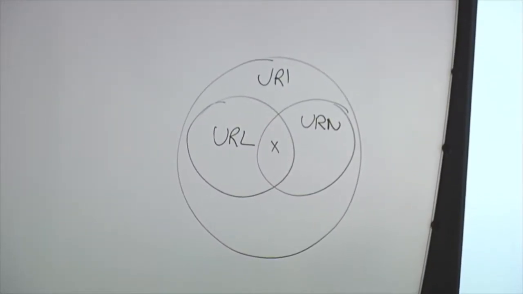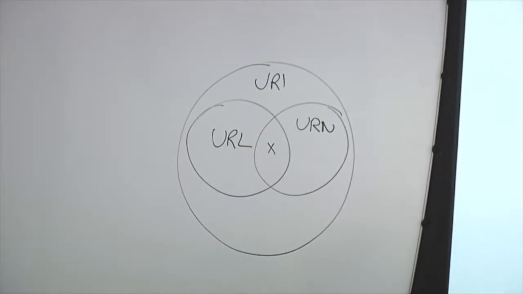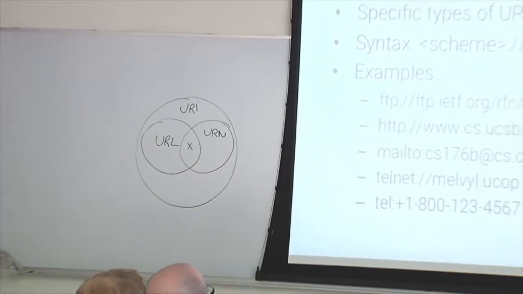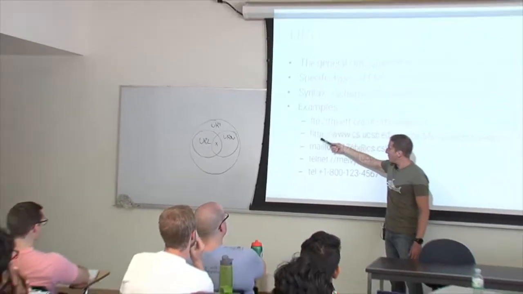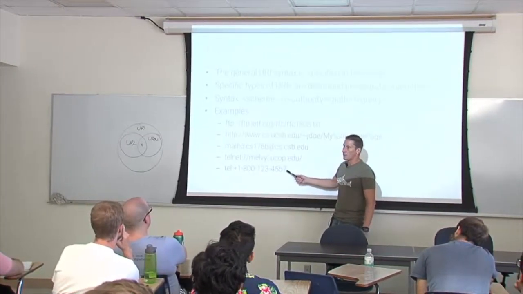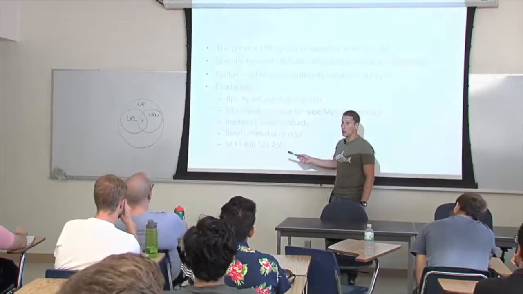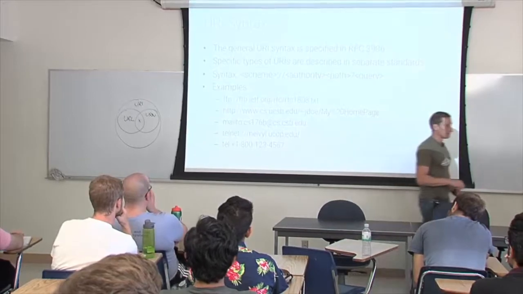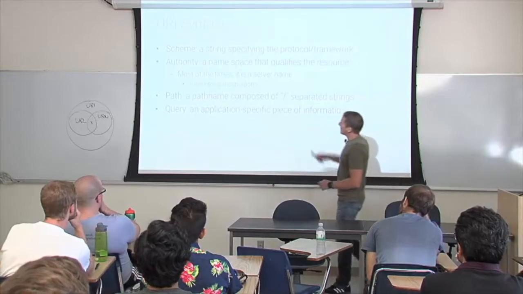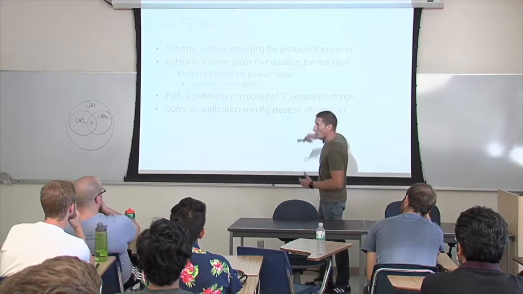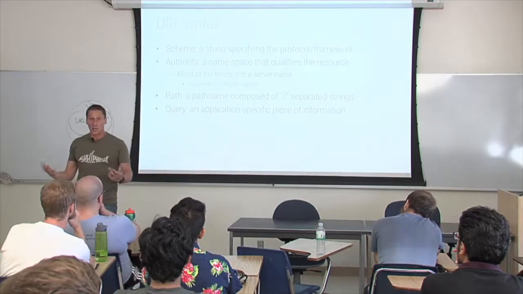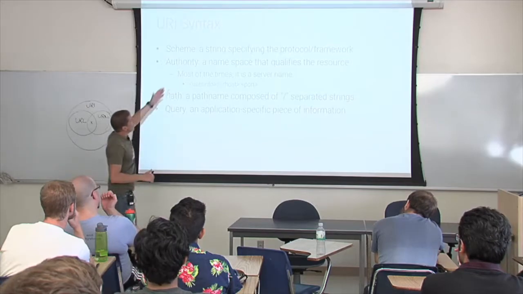More interesting, you can see that URIs have this scheme concept, an authority, a path, and a query string. And some of them are well-known: FTP, HTTP, Telnet. For example, this is not a URL because this is more of a URN, or a URI. So the syntax: the scheme specifies the protocol or the framework that you're talking about. If it's a protocol used to fetch the resource, then it's of course a URL. The authority is the namespace.